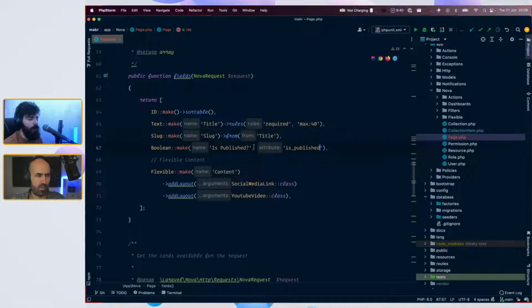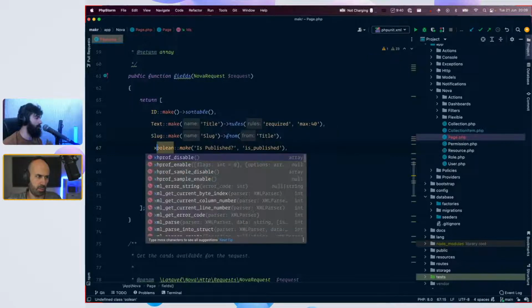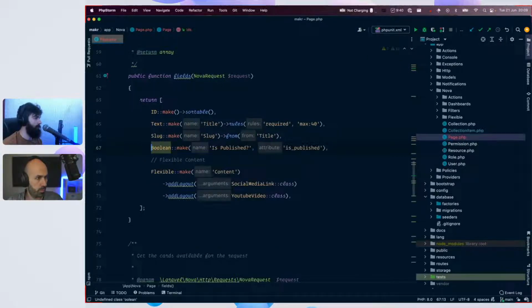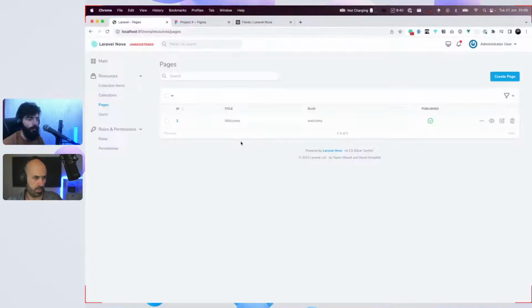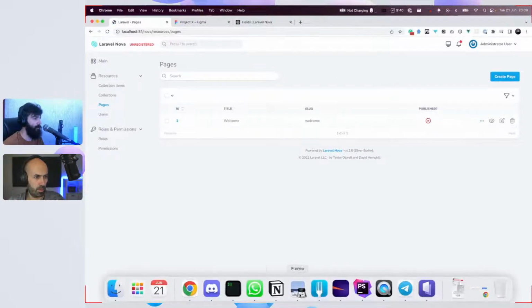I guess I'll give the field this name, or I guess the label can be just published, or with a question mark. I think it's fair enough for the UI. Published, that's right. Of course.